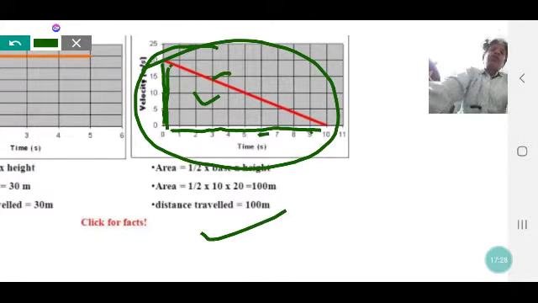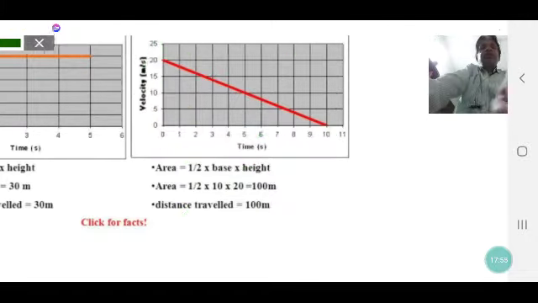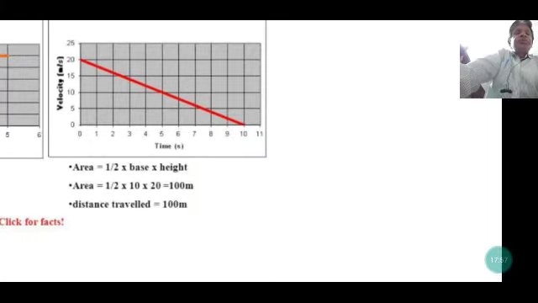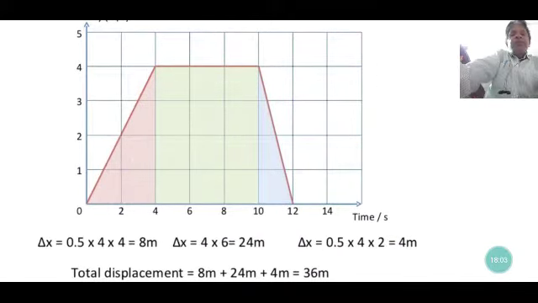That is given. Now the area under the velocity-time graph gives the magnitude of displacement. The magnitude of displacement is distance. Distance has only magnitude, no direction. If the magnitude of the displacement is taken, it gives the value of distance. Okay. Now in the next slide we are going to discuss how the area is calculated under the velocity-time graph in different situations.